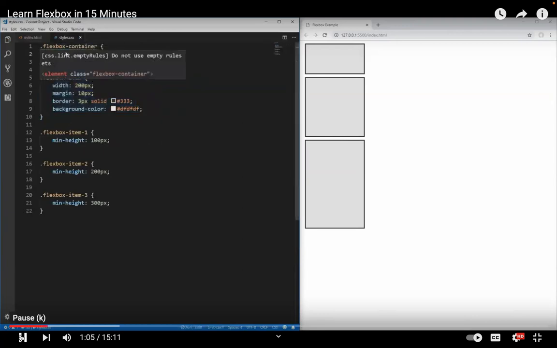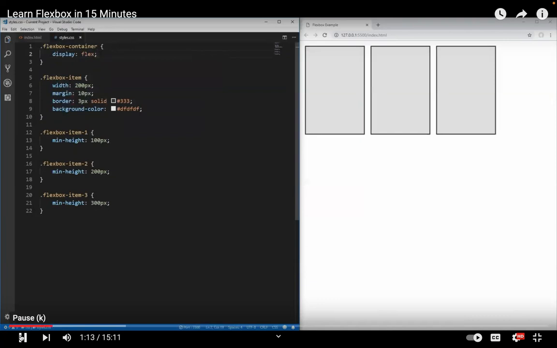We have our flexbox container selector, and we can just say display and set it to flex. And this is how we create a flexbox container. Now, if I save that, you'll see that all of our items are now the same height and they all show up in one row. That code, guys, is literally one line of code setting the display of a container to flex,